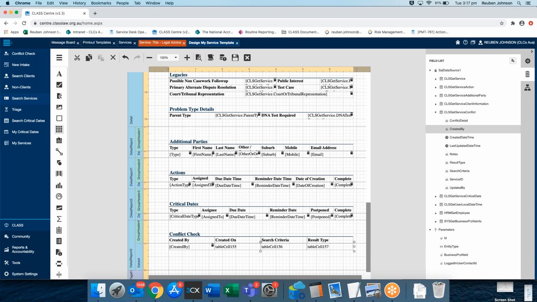Most of the ones that you're going to use are a label. If you want a label to dynamically display, a label effectively is just the equivalent of a text box in Word. So if you just want something to show the value of a field, and you don't want it in a particular grid format, you can just grab a label,